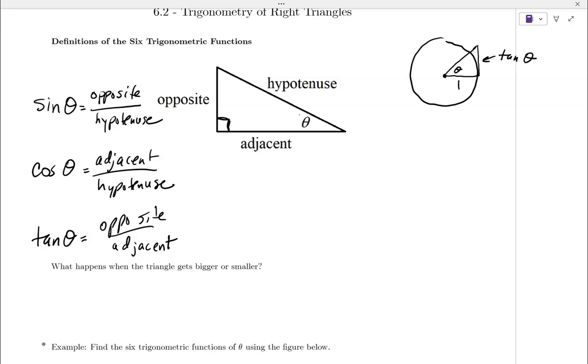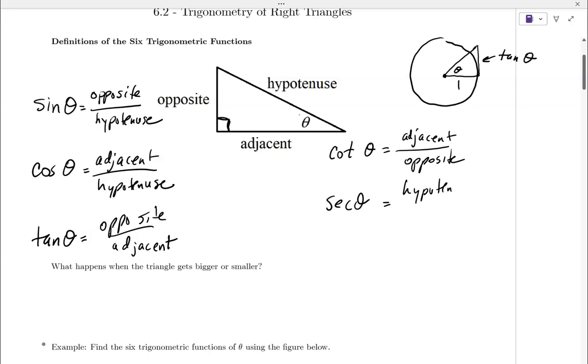The other three we can think of actually in terms of these functions, but we also have cotangent of theta. So it's tangent with a co in front of it. It's adjacent over the opposite. We have secant, which is hypotenuse over adjacent. And finally, we have cosecant,